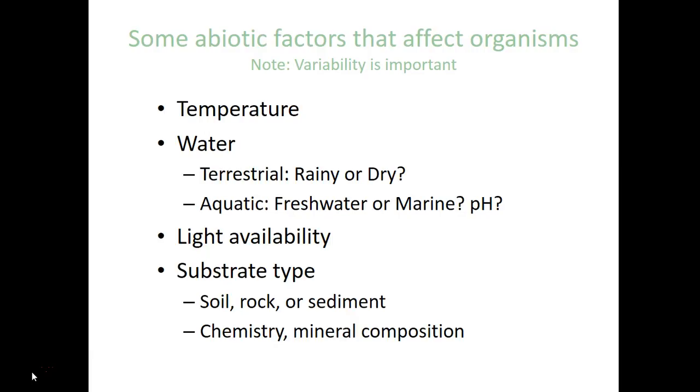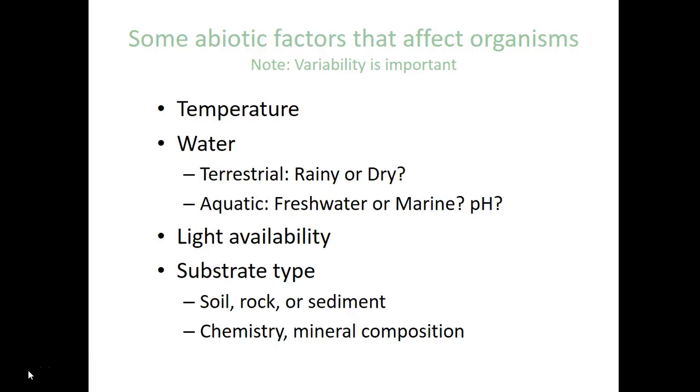Ecology is the study of living organisms and how living organisms interact with their environment. And one of the first questions that one might ask is, how are living organisms distributed on the planet? What are the features that govern them? The primary factors that govern the distribution of organisms on the planet include temperature, water, availability of light, and type